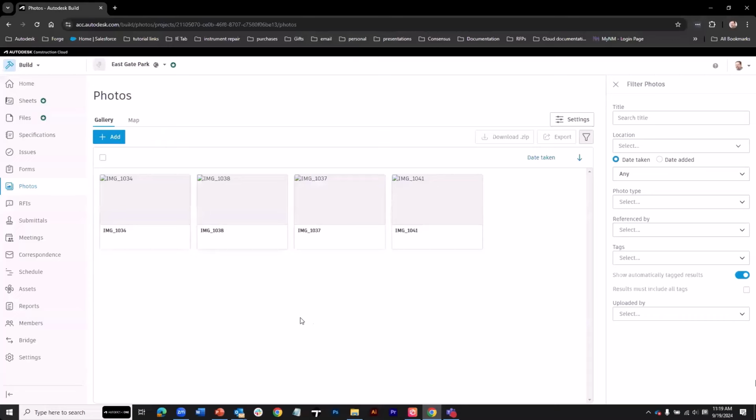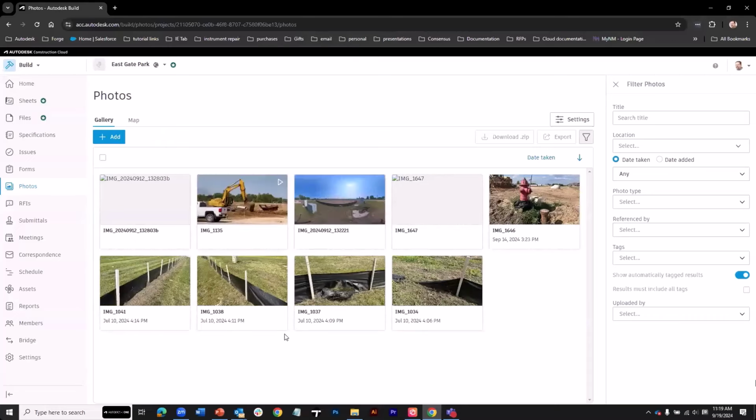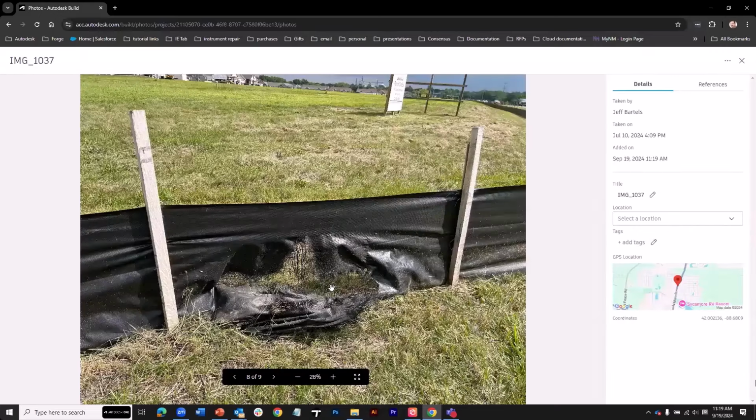I don't have to wait for those to upload. You can see those populating in the environment. If you click on an image, very similar to what we saw a little bit ago, we can see the details and the various metadata items that are here. Pay note that it does retain the location. So these are photos I captured using my traditional cell phone, and when I took the pictures, it retained that location information. If I click on this,